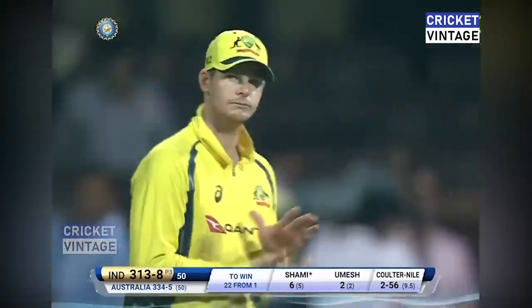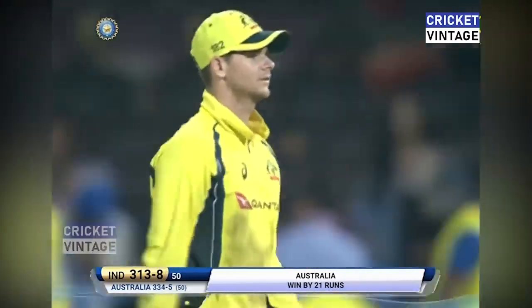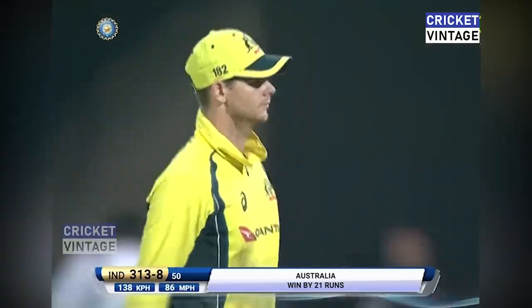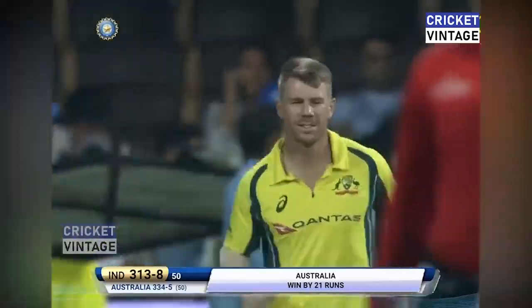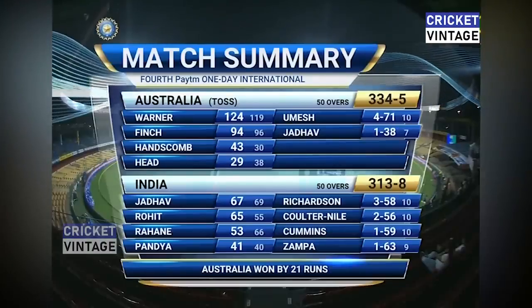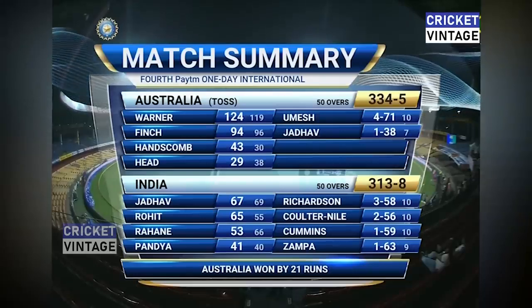So Australia win by 21. Australia made 334 for 5. We actually thought at that point that they were a little short of where they might have been, but their bowlers have done magnificently to keep India down to 313 for 8, and Australia have a win in this series. Finch 94 off 96 deliveries. When the top order fires, it makes such a huge difference. Australia 334 for 5, and then the fast bowlers came back in and really